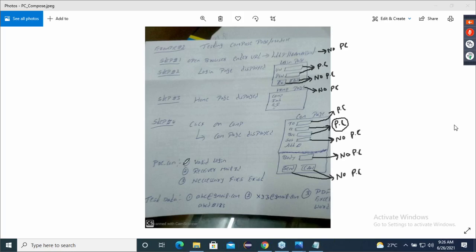In this imagination, my first precondition, valid login. My second precondition, receiver mail ID. My third precondition, attachment. Listen carefully. I want to attach an Excel sheet, or I want to attach my resume, or I want to attach my photo.